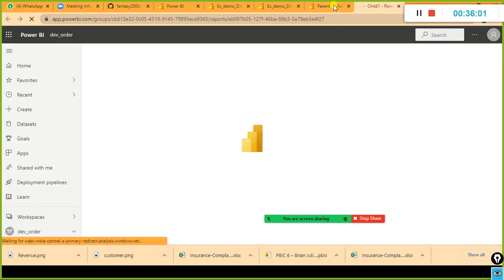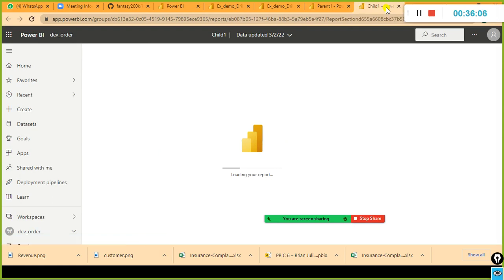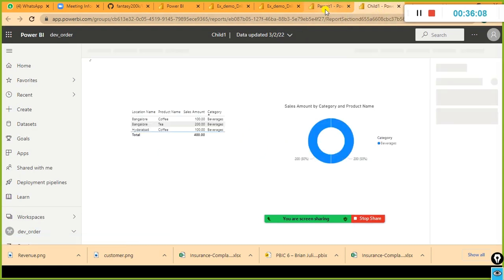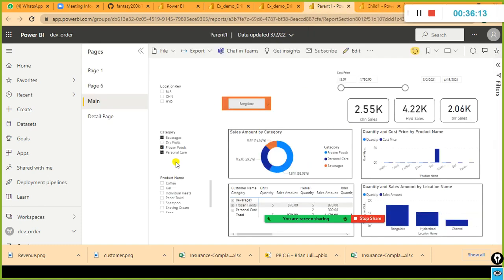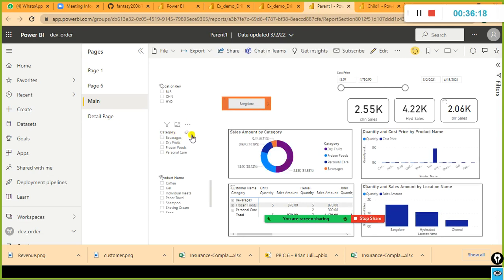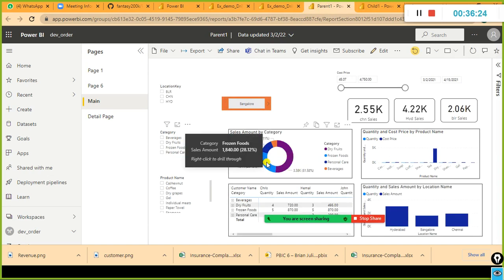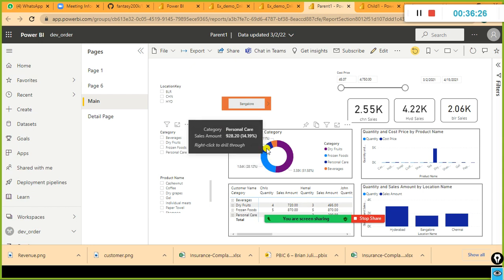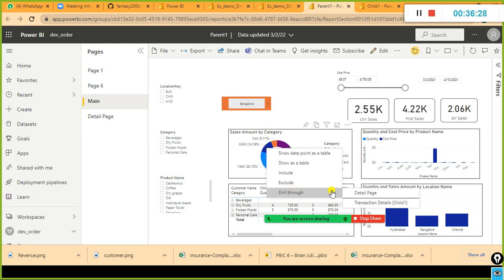This is another report, two different reports. Currently it is showing beverages in the parent one. Let's say I go and clear everything, and for example this is my dry fruits, and this is my personal care. I just right click on it, drill through. If you see here, detail page and transaction, this is my child one. Look here, when I select personal care,